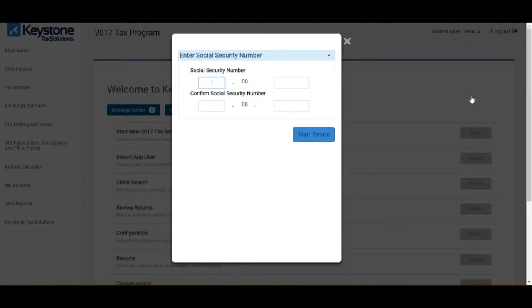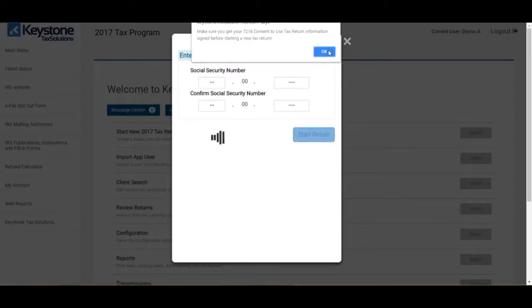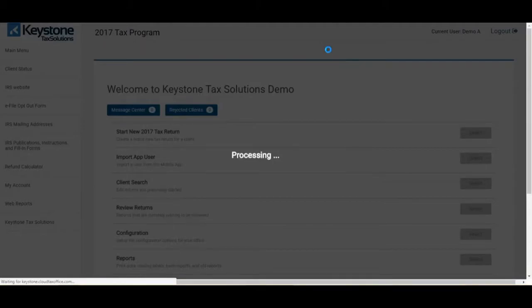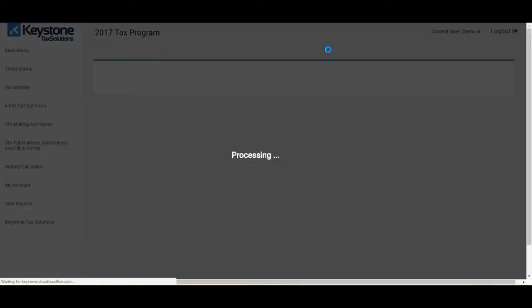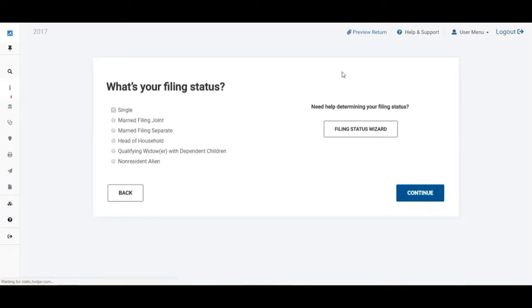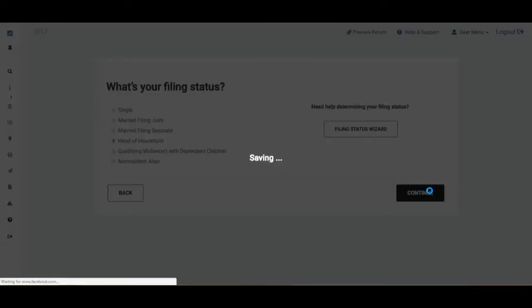Now this is a demo account, so those zeros are automatically populated, so we're just going to enter other numbers around there. We're going to click Start New Return, click OK. Processing the information, and it's going to take us to the next screen, which is the filing status of your client. So we're going to click Head of Household and continue,